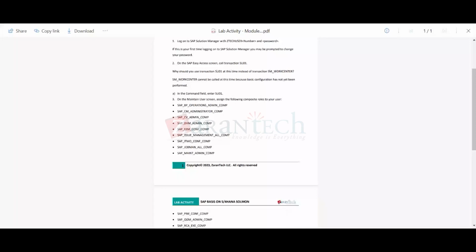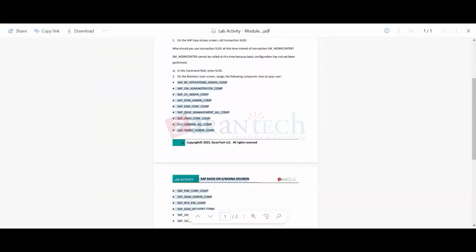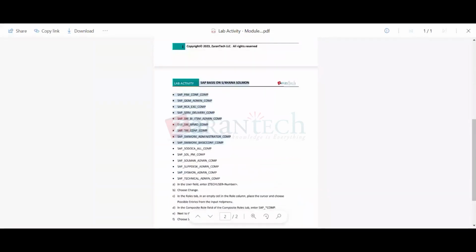Okay, so in SU01, on the maintain user tab roles, you do one thing. Since we are not authorized to use the transaction SU01, and PFCG,